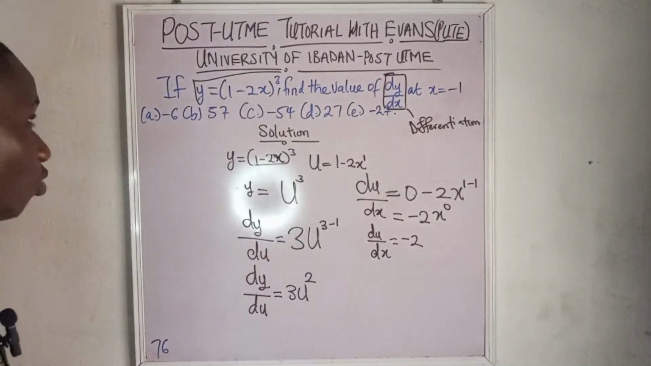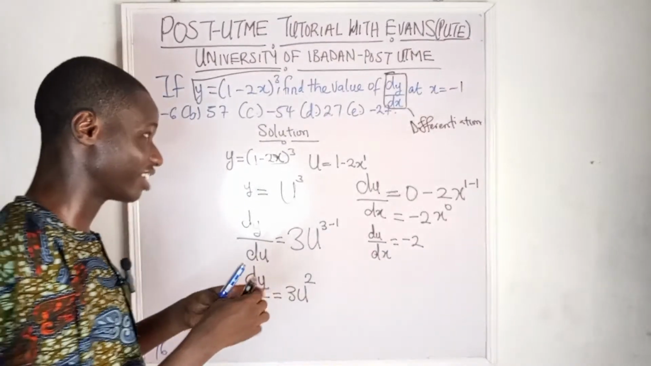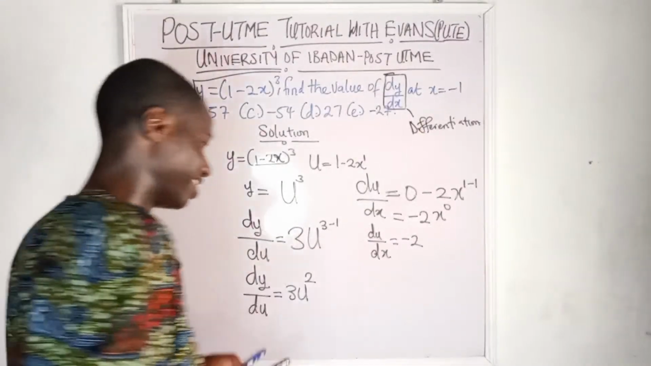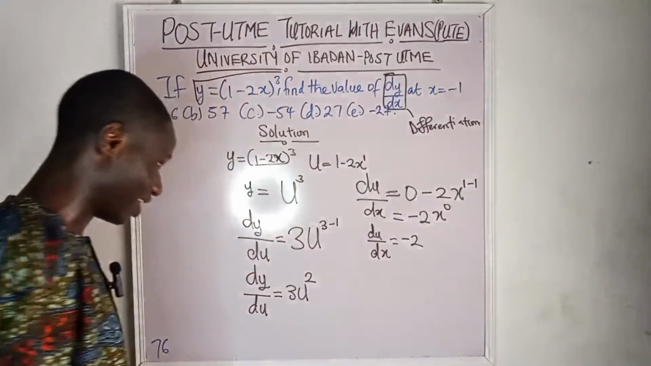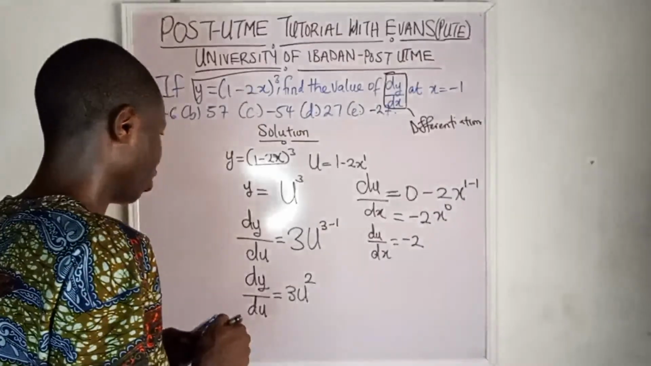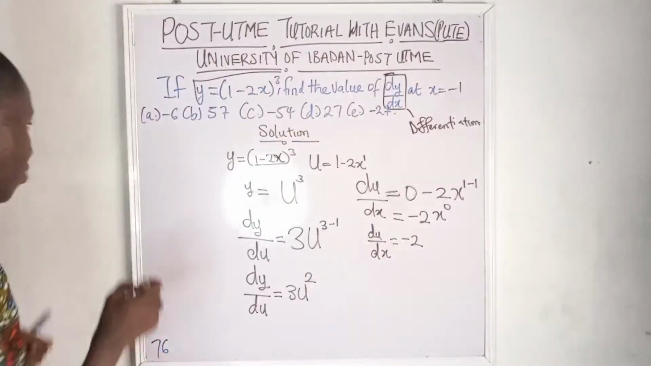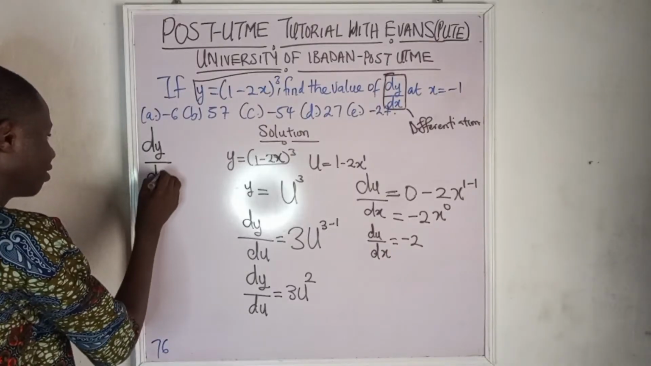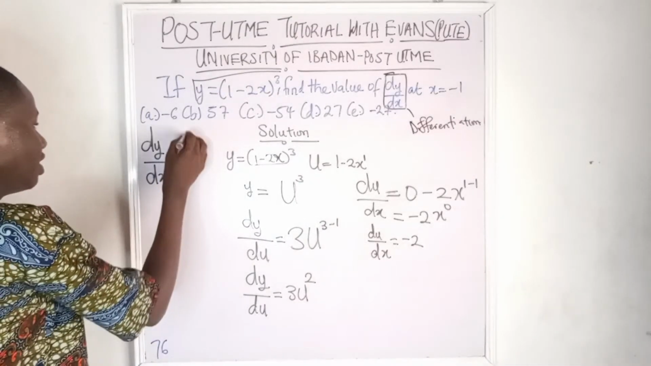Now the next thing we are going to do is, you see that the question is not asking us du/dx or dy/du. What they're asking us is dy/dx. Now let's do our dy/dx. Our dy/dx will now be equal to, let me try to manage this place. Dy/dx, look at it, it will now be equal to du/dx